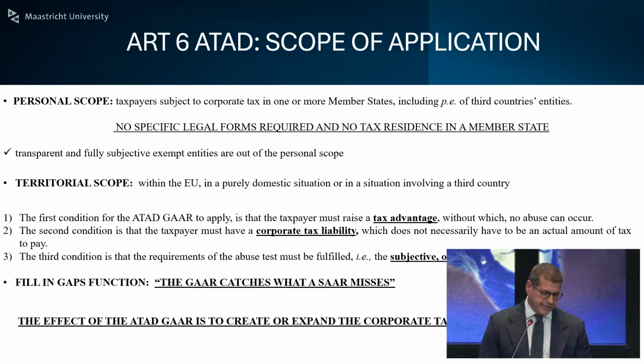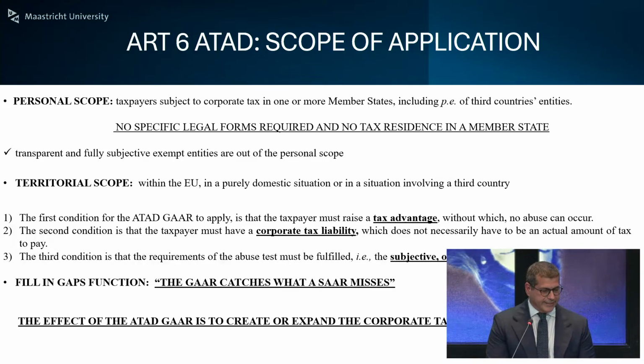So it's not necessary that there is an actual amount of tax to pay, because an abusive arrangement can also affect the level of the losses of the corporate, and so anyway, the taxpayer would have a tax advantage in that sense. The third condition is, of course, that the three tests, the subjective, objective, and non-genuine test, must be